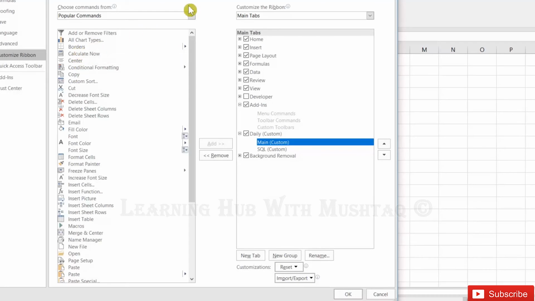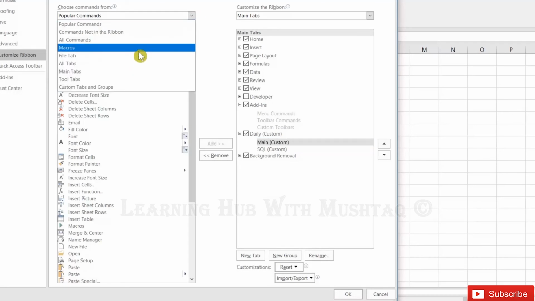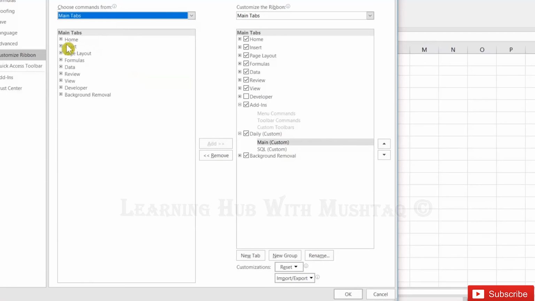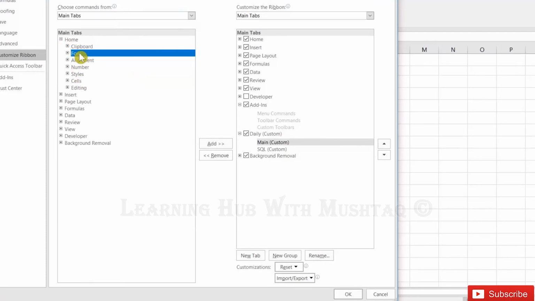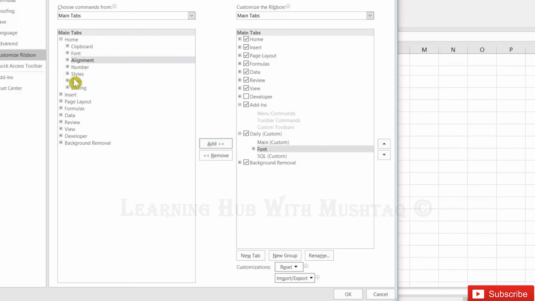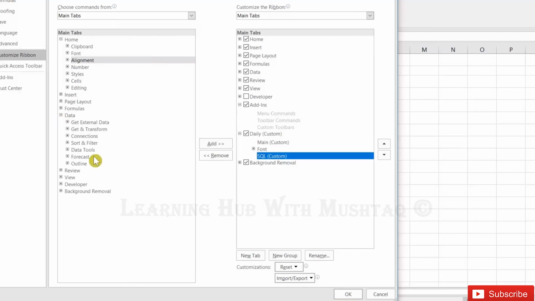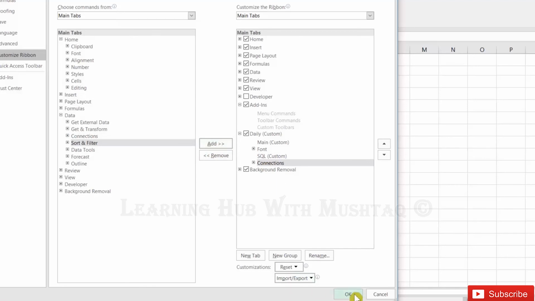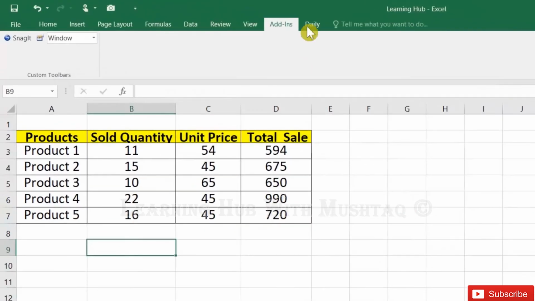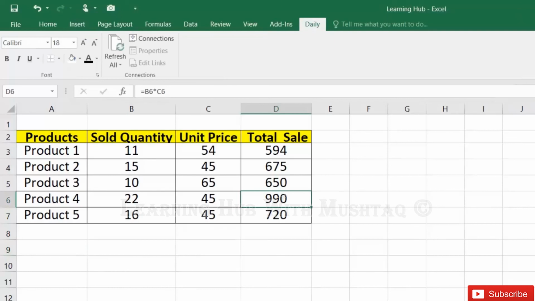just like home, font. So I add font here, and then in SQL data connections, and add connections. Okay, so this is my daily work, and here I can see I have added the